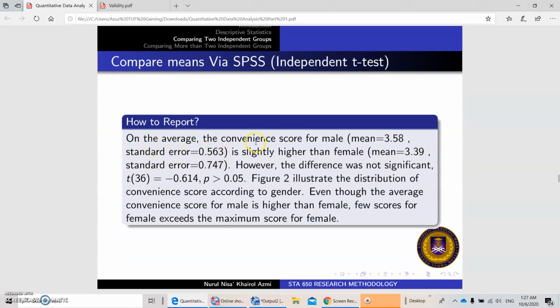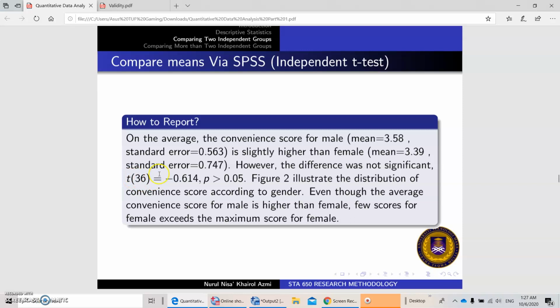So how to report? On average, the convenience score for male, put the mean equal to 3.58 with standard error 0.536, is slightly higher than female. Just put slightly higher, because even though there is a difference, the difference was not significant.